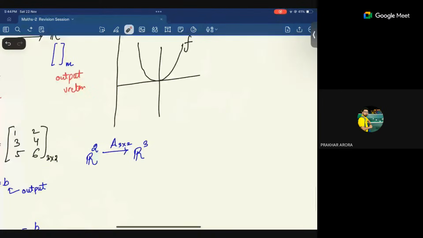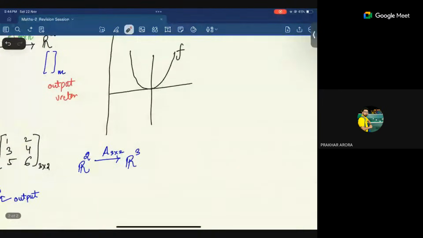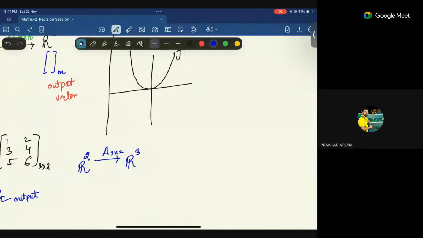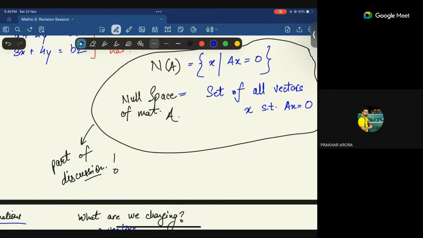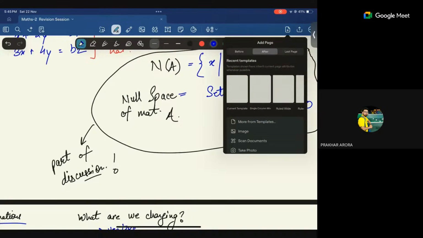There are a few concepts of linear transformation that we have to study: when is it one-to-one, when is it onto, and what are the image and the kernel. They are just 5 or 10 minutes at most, just two lines on each of those, so not difficult. Now I said earlier that I am stopping null space for a while. I said I will tell you later why I stopped it.